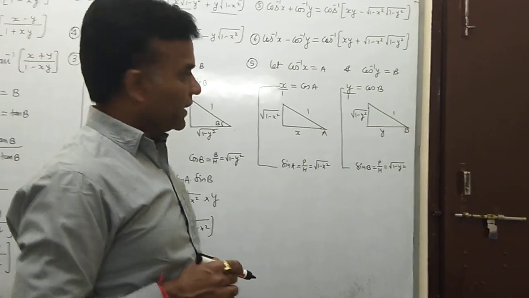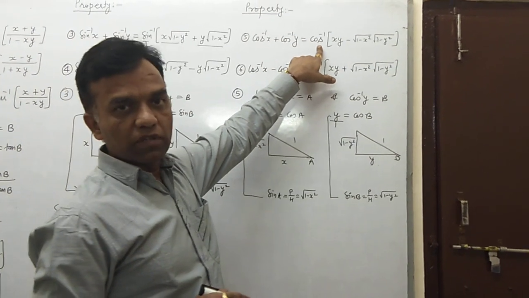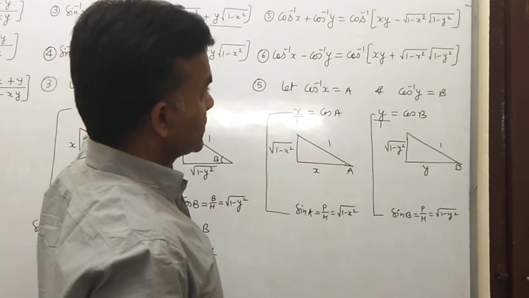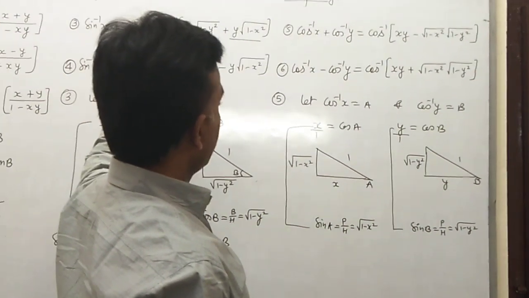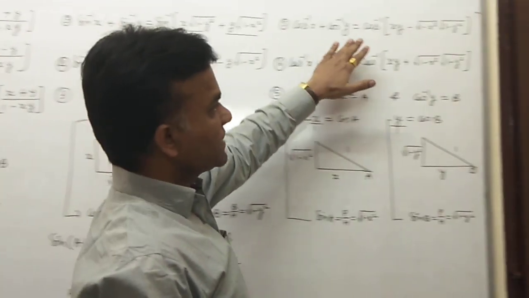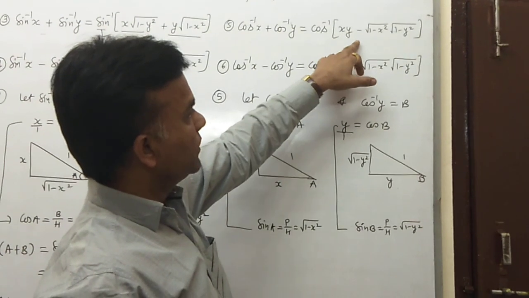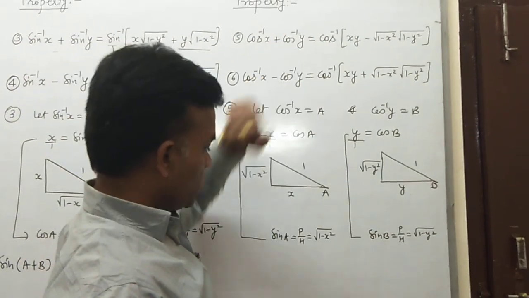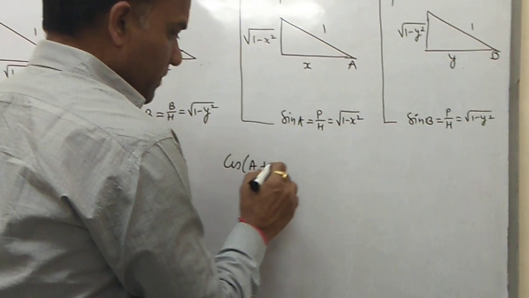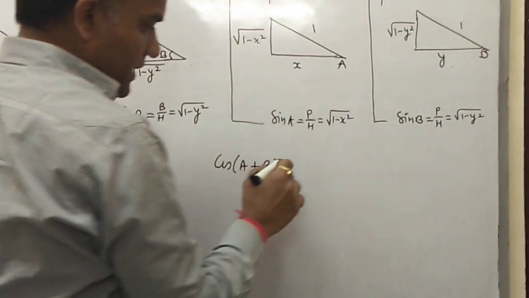Okay, now cos inverse x plus cos inverse y is equal to cos inverse of something, because this value is important. In the question we also have to explain the concept of which value is given on the right hand side. So the right hand side is cos inverse. Here a plus sign is given, so use the concept of plus. Basically we write down the formula for cos of a plus b, because both values are added here.